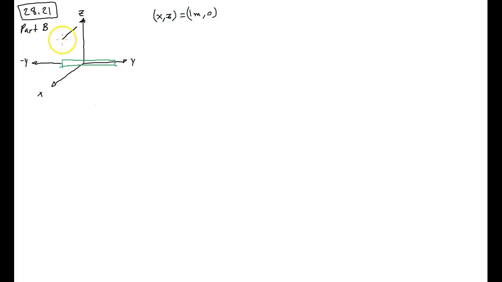Okay, using the right hand rule, what direction? At this location, at x equals 1. So let's say that's right here, 1. And here the units are meters. And z equals 0. So you're right on the x-axis, and you're in the